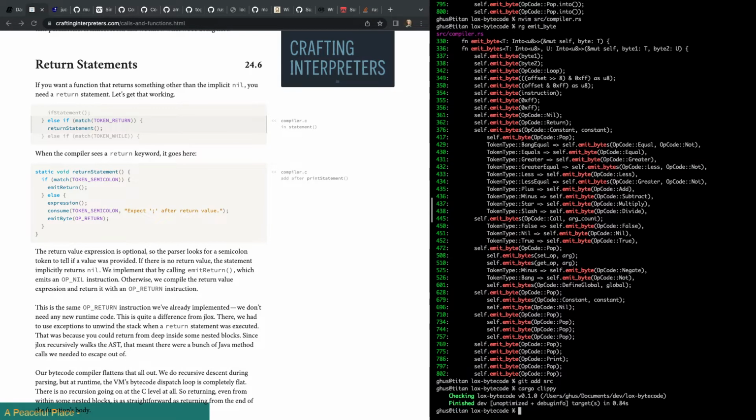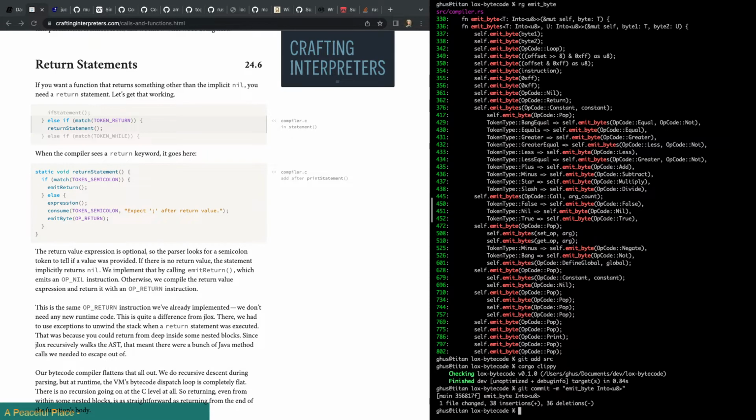Clippy shouldn't complain about anything here, right? And then git commit -m emit byte into U8. There, okay. So with that having been done, and now that lesson learned, in the future, whenever we run across these things, we can just use the into.